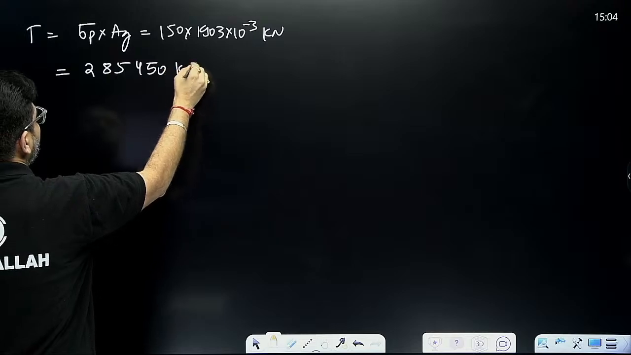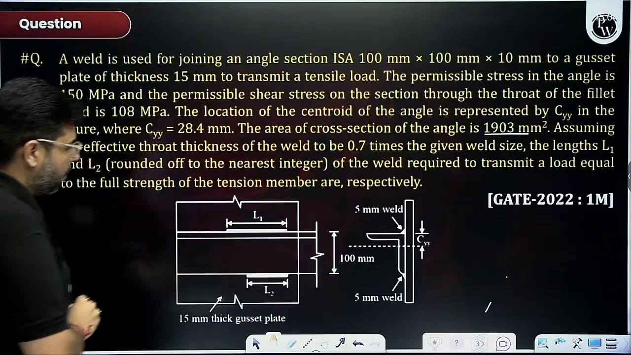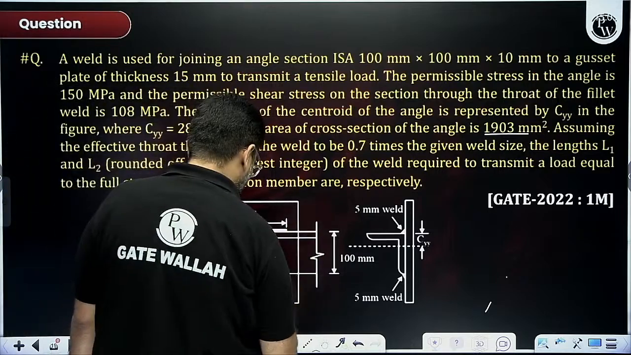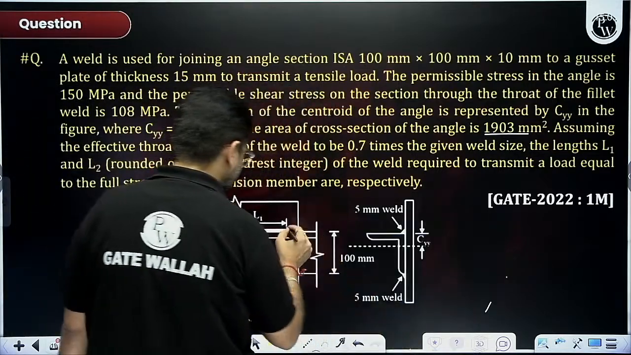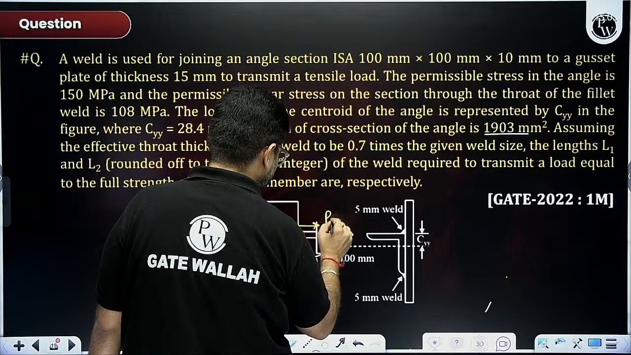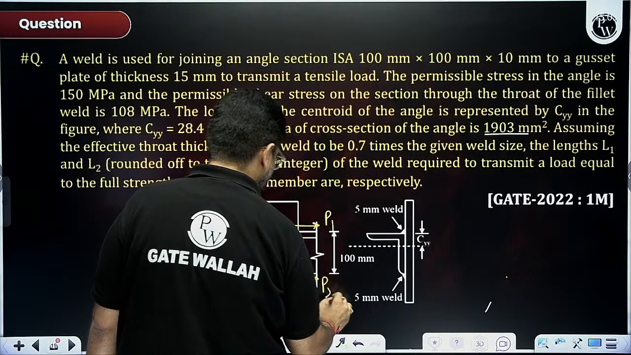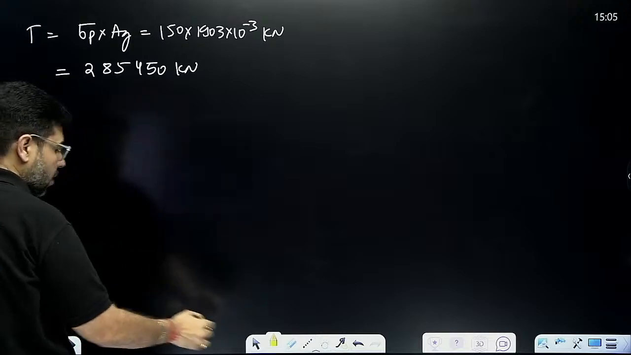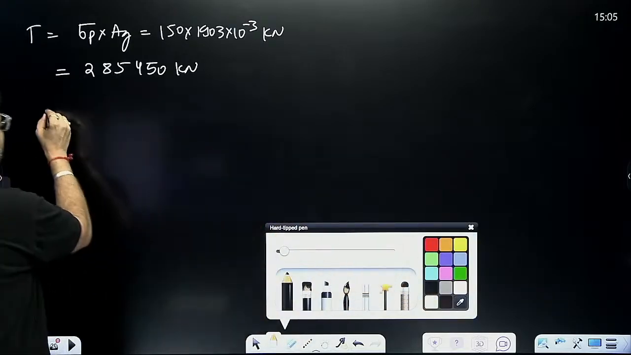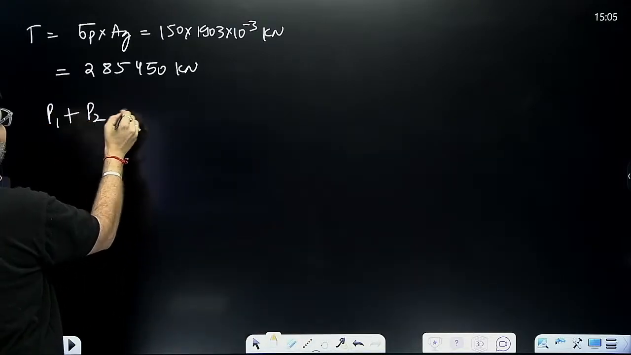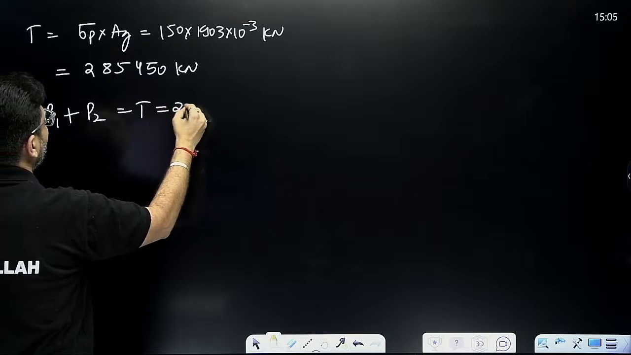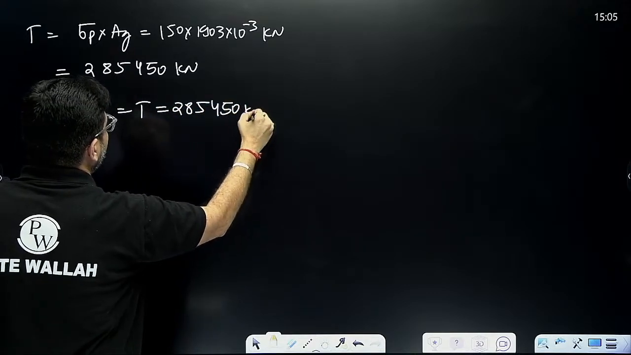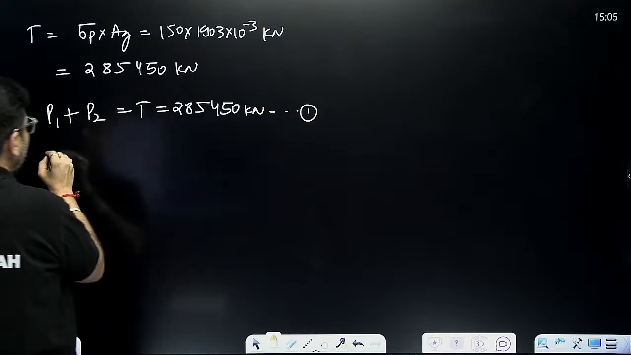285,450 kilonewton. Now you have the angle member here. One is L1, one is L2. See here the force that is being transmitted here, let me say P1, and this would be P2. We have to find out P1, P2 here. One thing you should understand, that there should be a moment free connection. So P1 plus P2 is equal to T, 285,450 kilonewton, and for moment free connection,